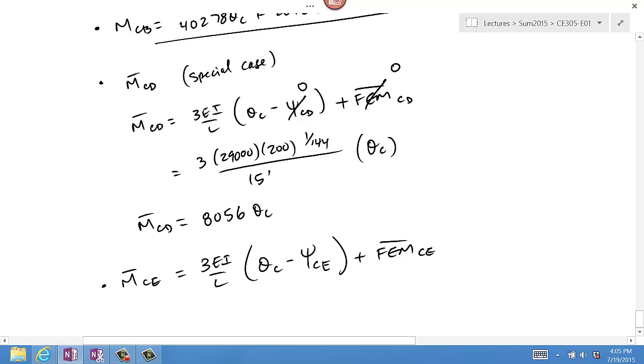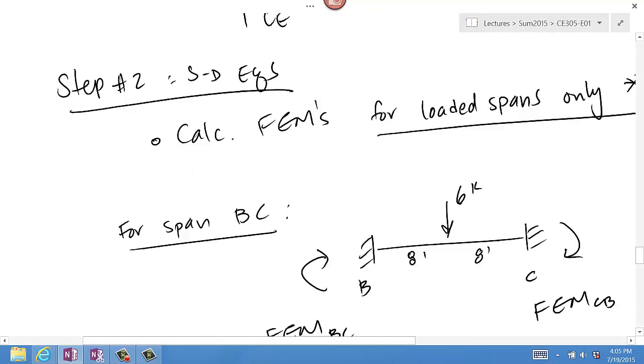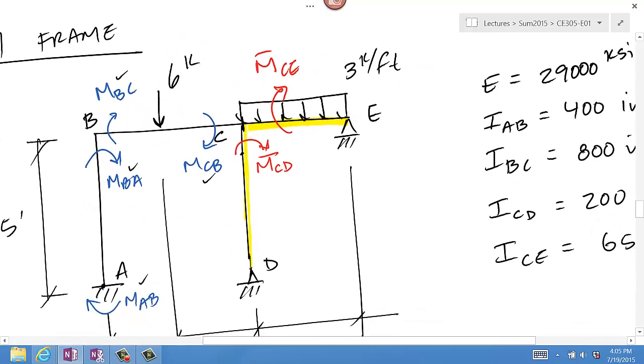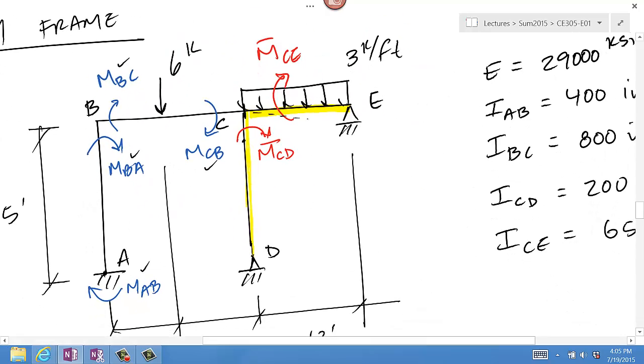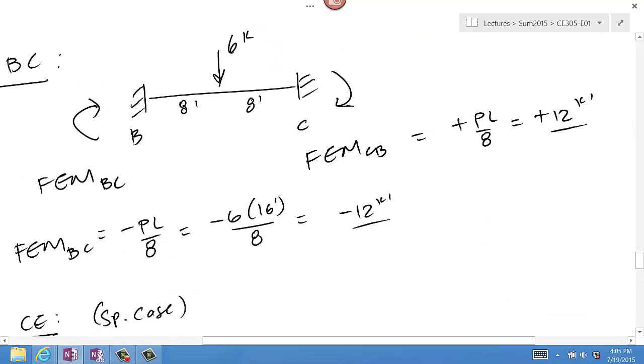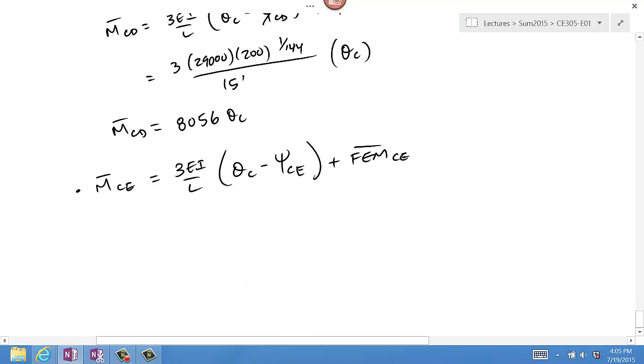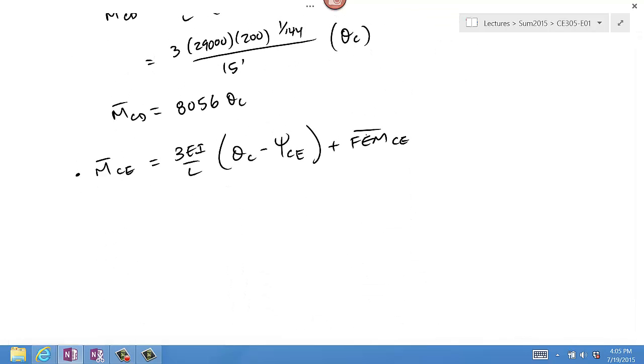So as before, CE is a beam segment. There is no chord rotation here because there is no settlement. Therefore, psi CE is 0. There is span loading, and we calculated FEM bar CE right here as negative 54. So I'm just going to write this out and say this is negative 54,